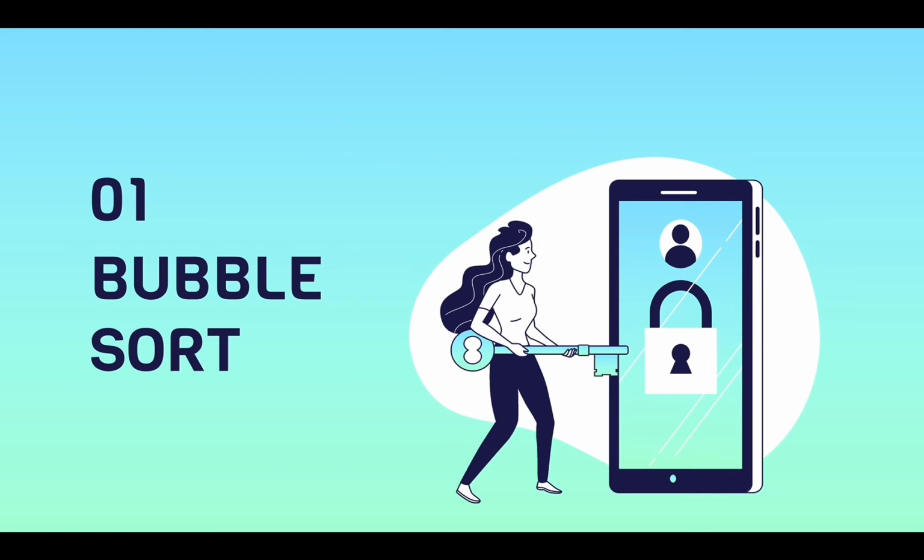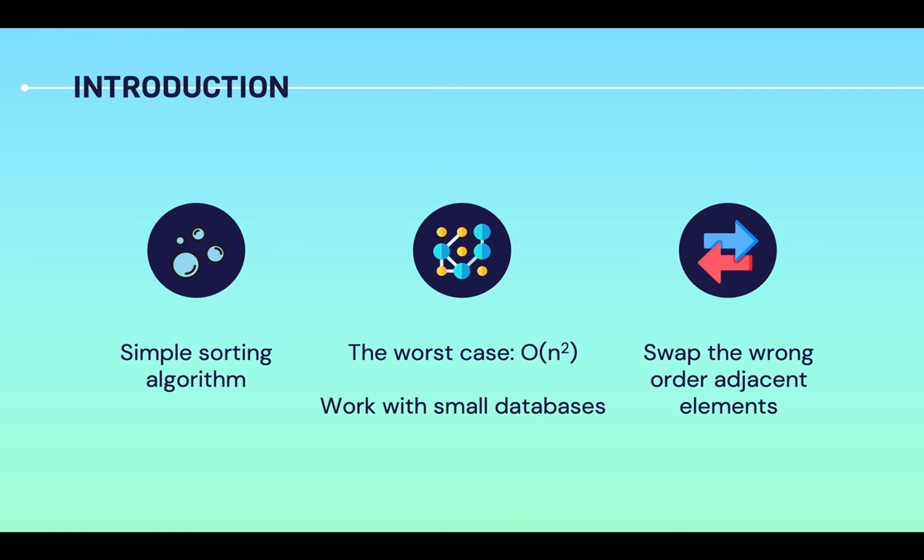First, I will introduce the bubble sort. This is some information about the bubble sort. Among a variety of sorting algorithms, bubble sort is a simple one since it is very easy to implement. The main idea of it is sorting from the first to the last element and swapping the wrong adjacent elements. Since the worst case complexity of bubble sort is O(n squared), it is usually used to deal with small